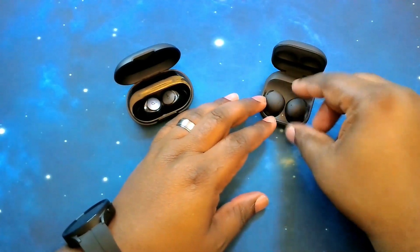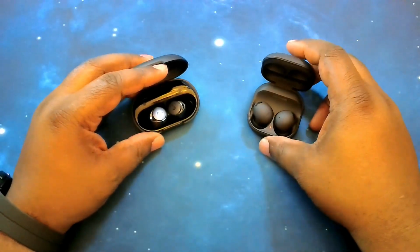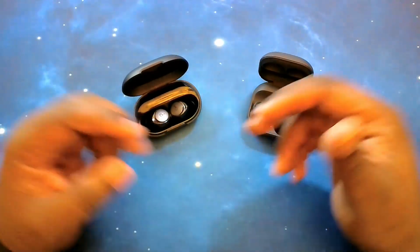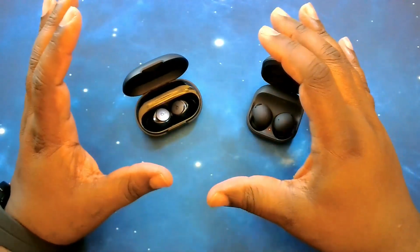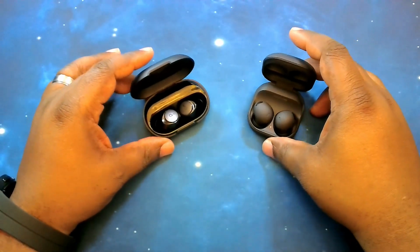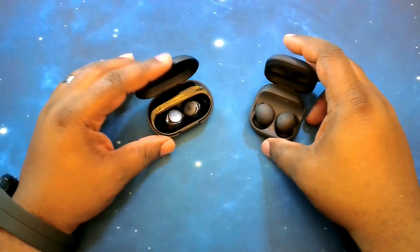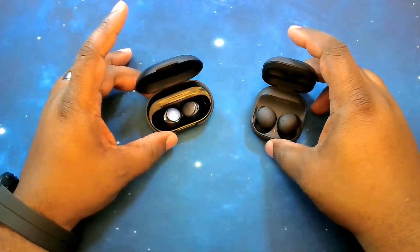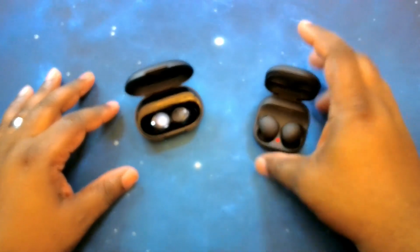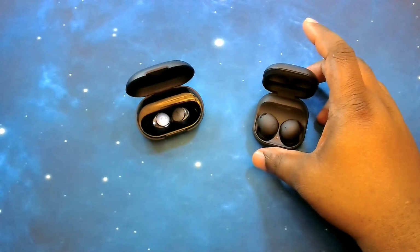So for now, they have the silicone tips, and I just wanted to put that out there as full disclosure. All right, now as far as these two head to head, they were similar in some aspects, different in others. And like I said, depending on the genre, they shine in some aspects and didn't in others. But overall sound and everything, overall sound,